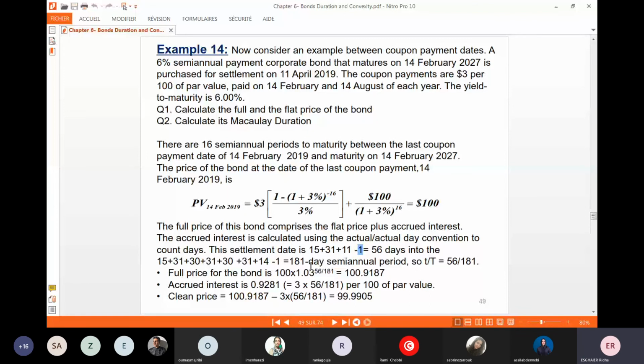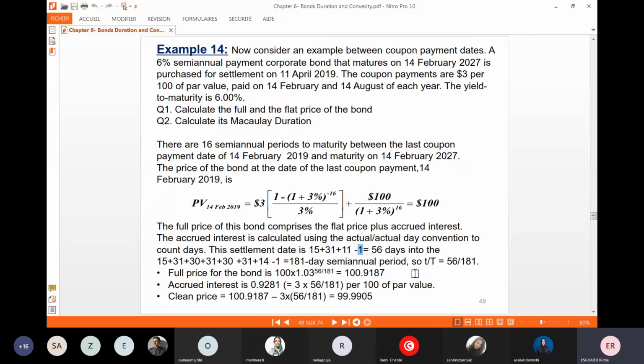So the full price will be the price of the bond at the previous coupon payment date, which is 100 multiplied by 1 plus yield to maturity over 2, power T over capital T, 56 over 181. We find 100.91. The accrued interest is the interest of 56 days, so $3 times 56 over 181. We remove it from the full price and you get